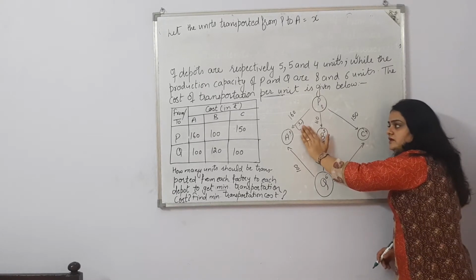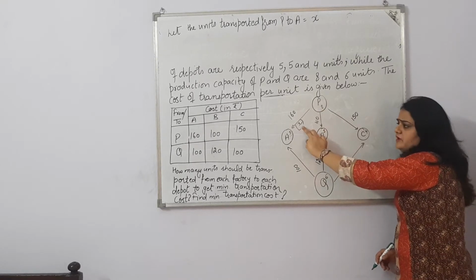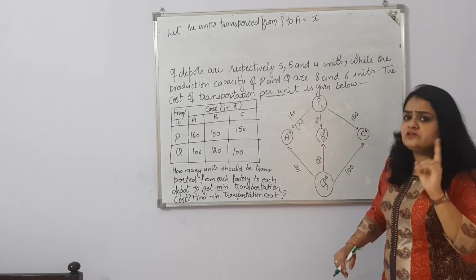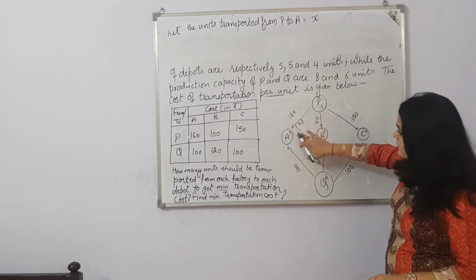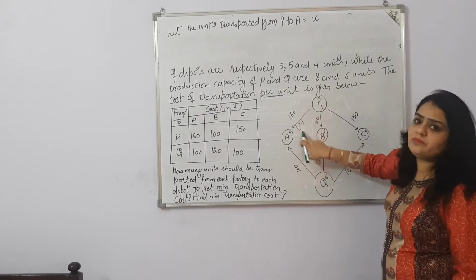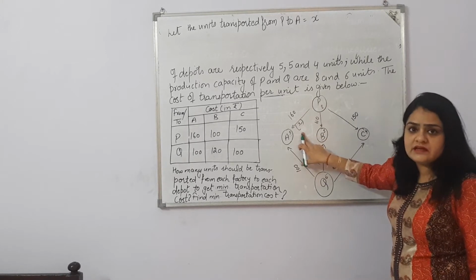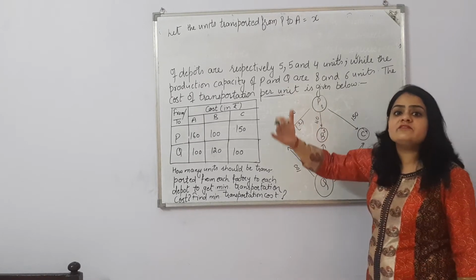If he is receiving, let's take an example, 3 units from P, then of course he has place for 2 units only, because he already has 3 units from the P factory. Then he can arrange 2 more units so that he can store them well. Otherwise he doesn't have storage for more than 5 commodities.